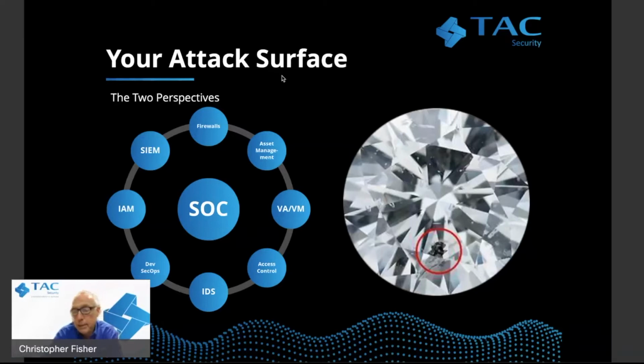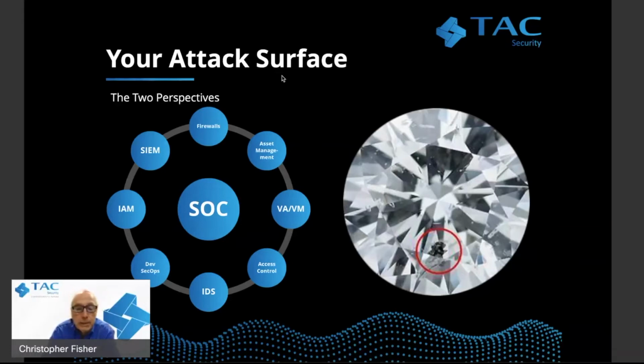On the right-hand side is an image of a multifaceted jewel, and this is the way an outsider, a hacker, would look at your organization as a prize target with many facets that he or she could try and exploit. But really what they're looking for, their opportunity, is to find one flaw, one place that they can exploit, and this is how they're going to try and compromise your organization. So again, the challenge for the security leader is you have to manage all facets of this with many tools and many reports and many areas to look at. The attacker just needs to pick one place to look at.